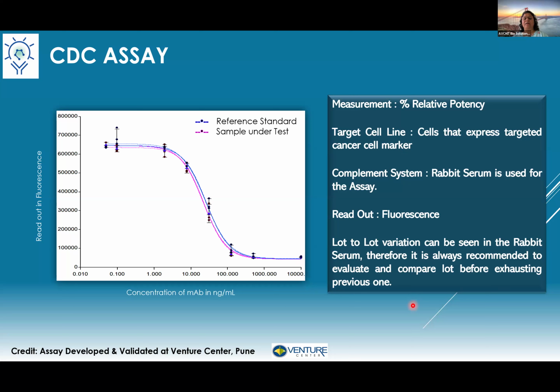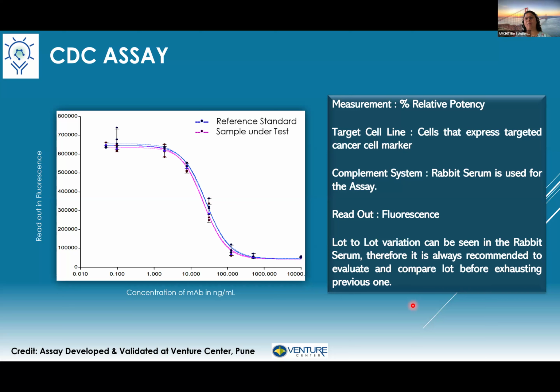Please note that since it is a rabbit serum that is used as a complement source, there are lot to lot variations that can be seen. Therefore, it is always recommended to evaluate and compare a lot before exhausting the previous one, because if there